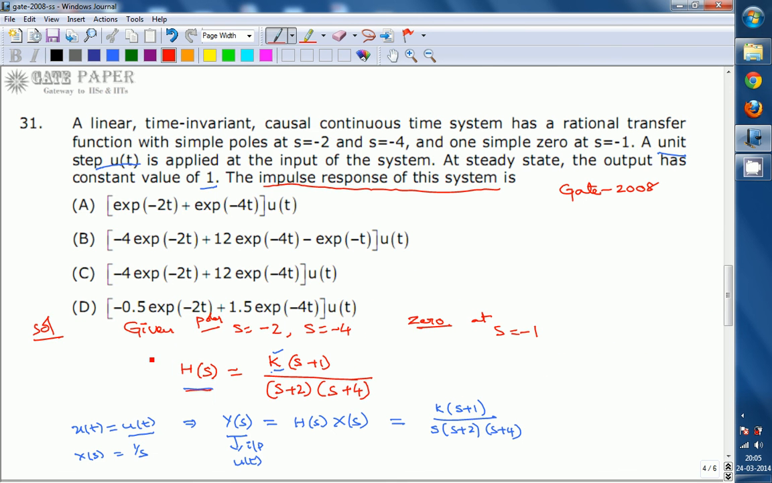So that's the answer. See here, minus 4 into e power minus 2t plus 12 into e power minus 4t, the total expression is multiplied with u of t. So the answer is C here. So option C is